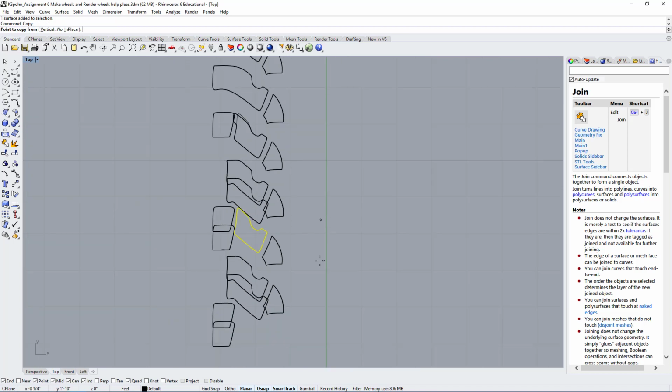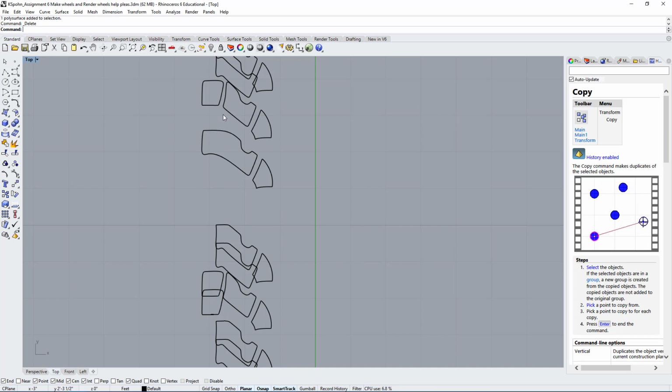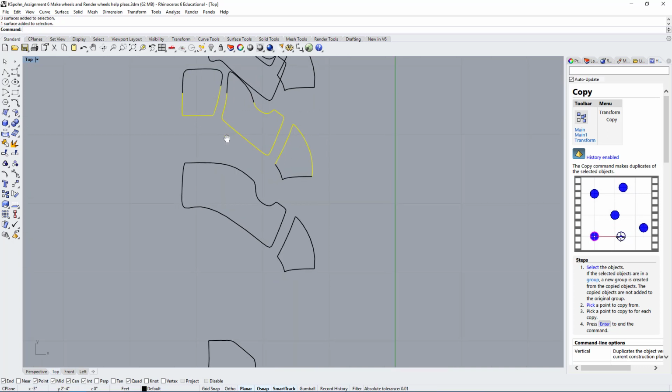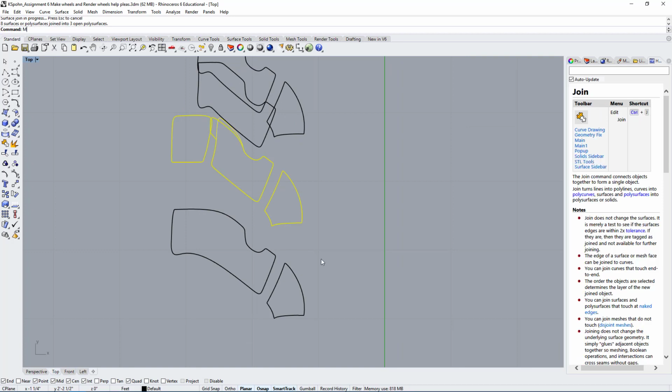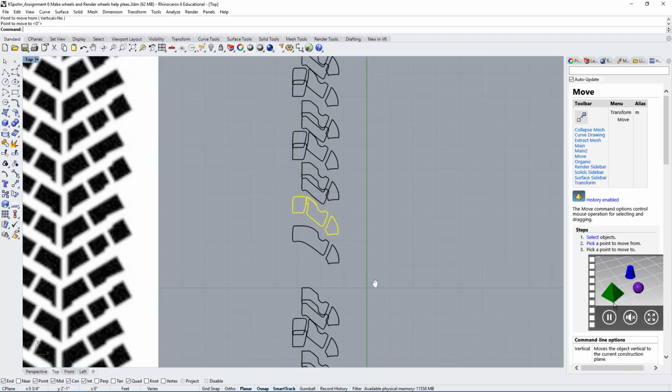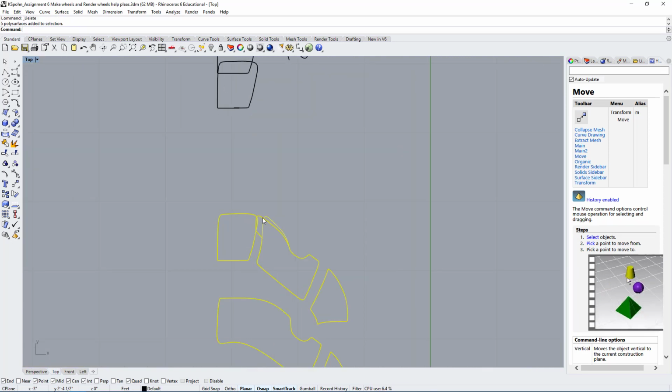Let's copy this and let's see if we can just put this up here. Actually, we don't need to because we have this one. Okay, so let's delete this crazy one and just keep these surfaces instead. We can join these, make sure the gap makes sense. Okay, so now we have a pattern. The pattern is just... Wait, what?